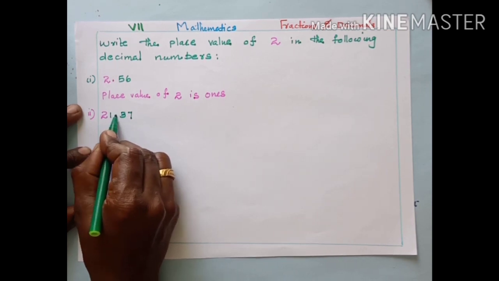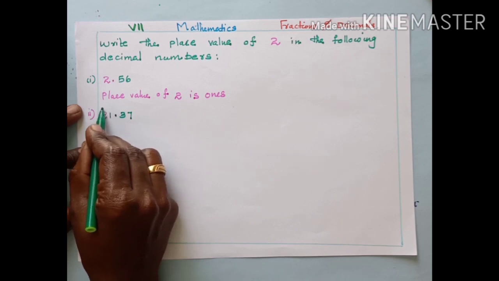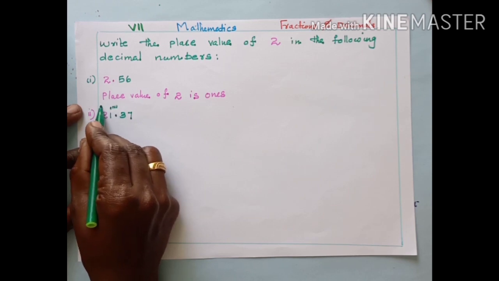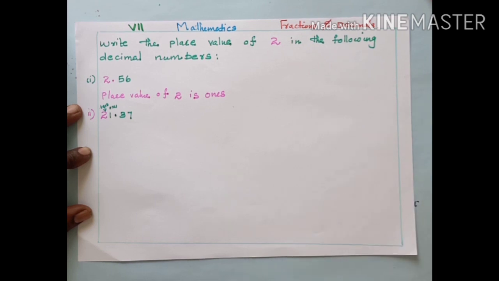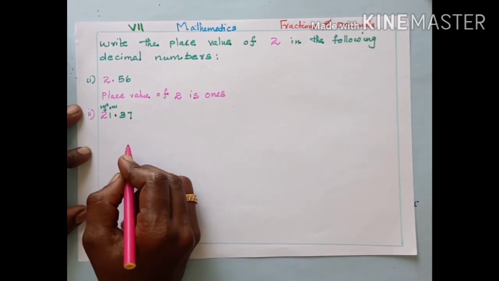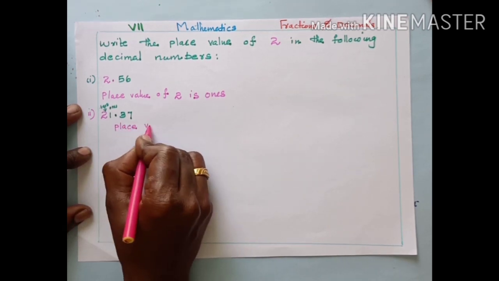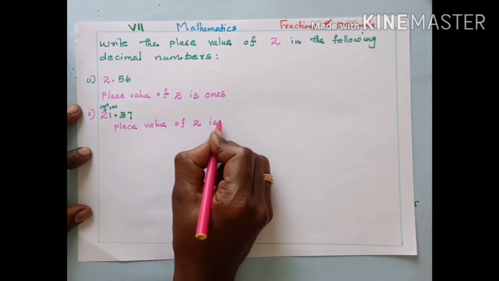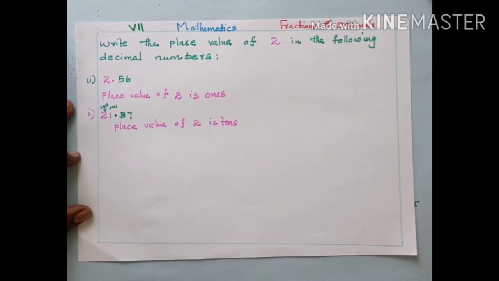21.37. See, here before the decimal point, this is a whole number part. So, this is in ones place, this is in tens place. So, the place value of 2 is tens. Place value of 2 is tens. Then third question,